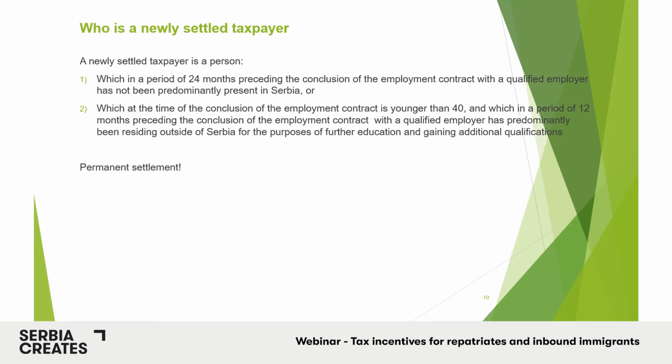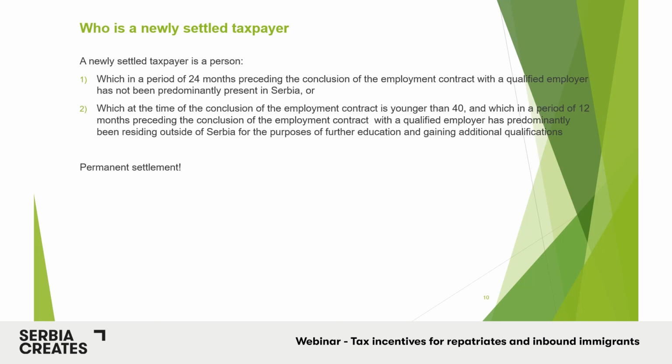Now, for those who are younger than 40 and who have been outside of Serbia for the purposes of further education or gaining additional qualifications, the period within which they need to meet this condition, that they have not been present, is lowered to 12 months. So, for example, if you want to target a master's student, and many master's courses now last 12 months, for a year, such a person would be eligible for this incentive, even though they stayed abroad only for the duration of the master's course, which lasts 1 year. Now, in addition to not being present in the country for a period of at least 24 months, or a period of 12 months for those younger than 40 who are staying abroad for education,